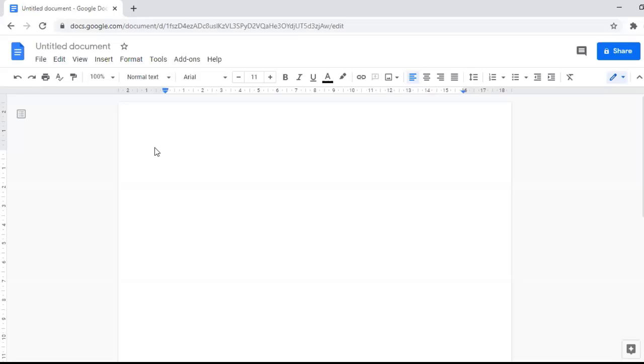It also allows multiple users to work on a single sheet at the same point of time. If I am working, two or three more persons can work on the same document, and they can see my changes simultaneously. So this is the definition of the Google document.